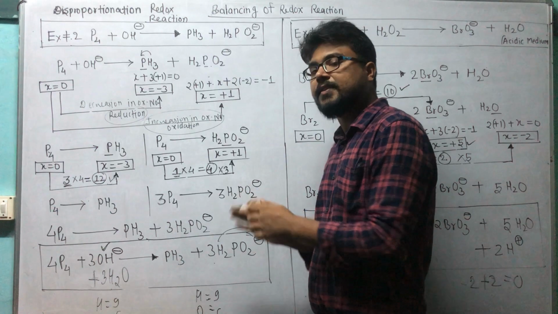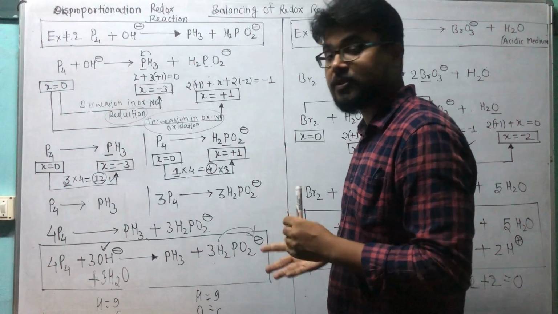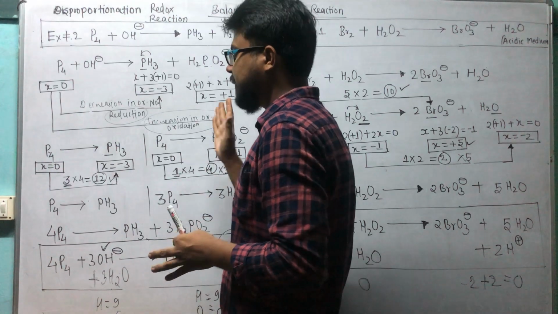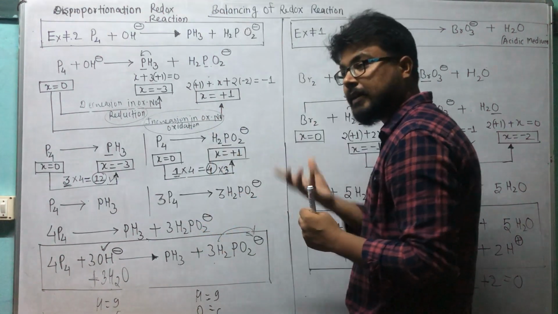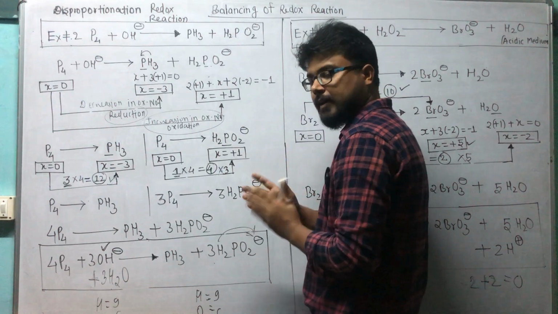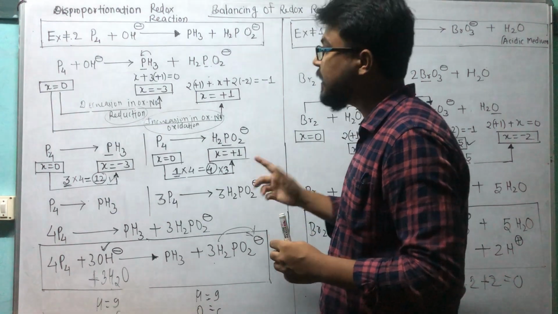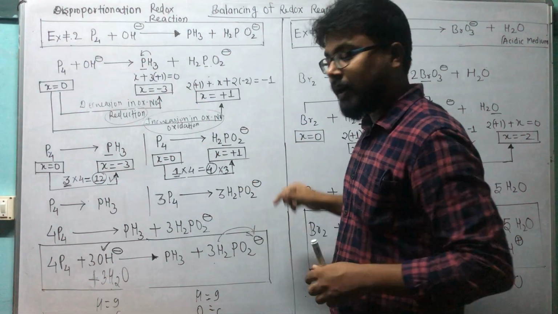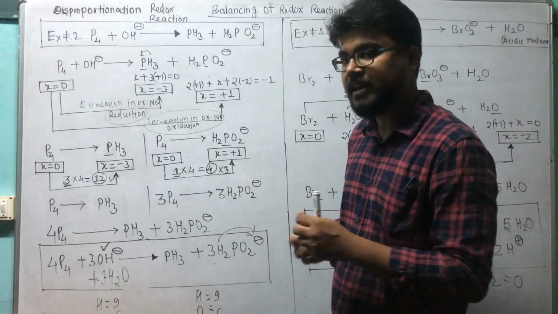So it's a disproportionation redox reaction, and it is not that common but easy also. What you will do, you will assign oxidation numbers. After that you will separate the oxidation half and reduction half. You will calculate as you are doing by the previous method. After that you will balance the factor by multiplying with a suitable number. Then you will sum. Then you will check the charge or oxygen atoms as per availability of acidic or basic medium. If acidic medium, then you will check the oxygen atoms, and if it is basic medium, you will check charge, and you will balance by OH minus, correct?